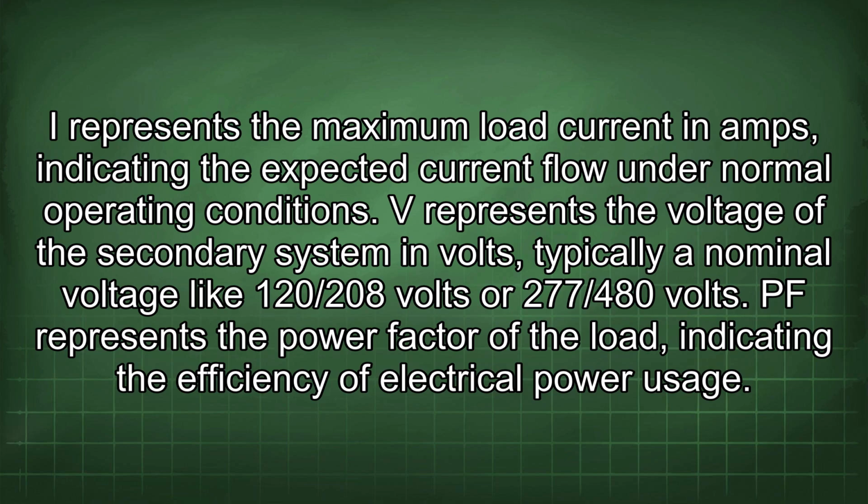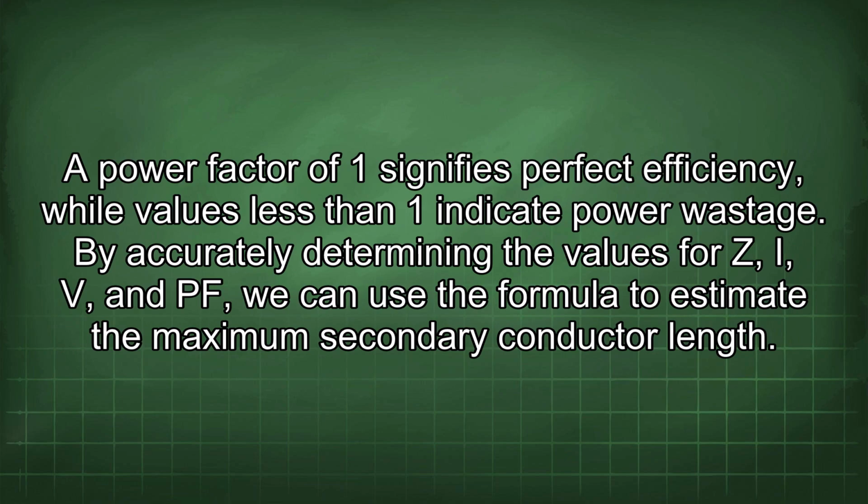V represents the voltage of the secondary system in volts, typically a nominal voltage like 120/208 volts or 277/480 volts. PF represents the power factor of the load, indicating the efficiency of electrical power usage. A power factor of 1 signifies perfect efficiency, while values less than 1 indicate power wastage. By accurately determining the values for Z, I, V, and PF, we can use the formula to estimate the maximum